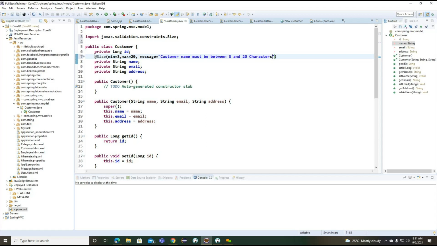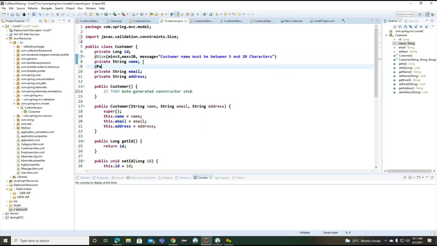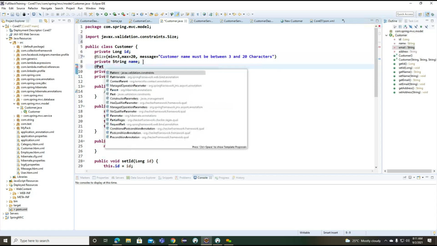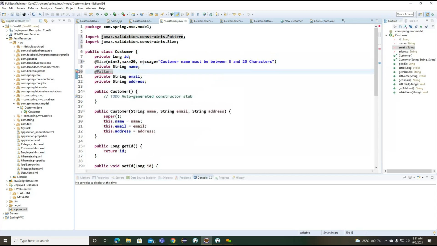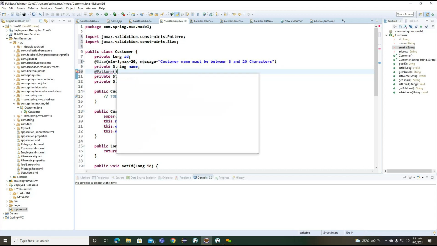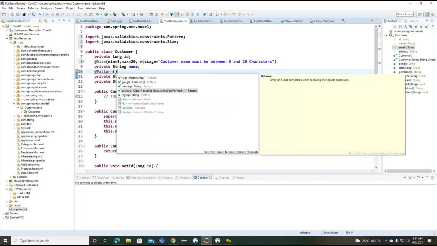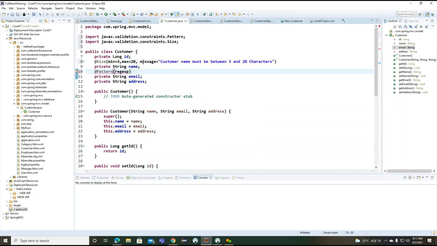And so we can go for the email. For this particular email here, we'll try to provide the Pattern annotation with a regular expression.